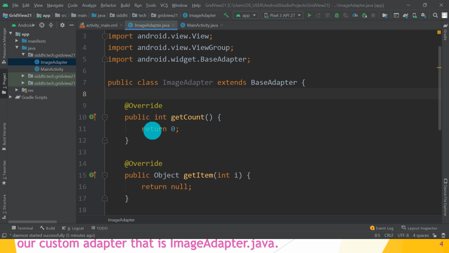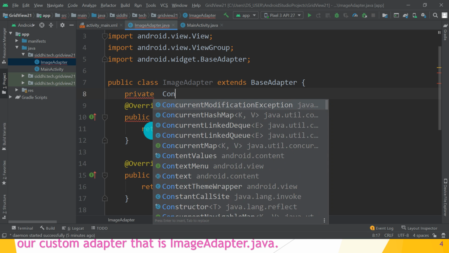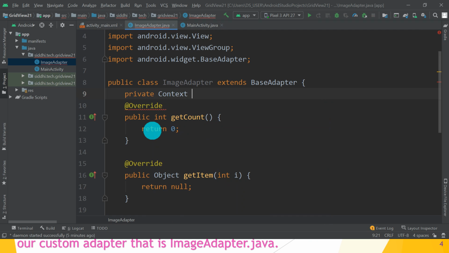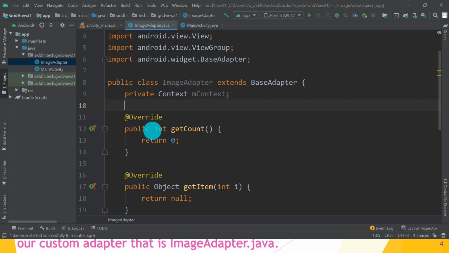Next, create one private attribute, that is private Context mContext. This is the reference variable of the Context class.